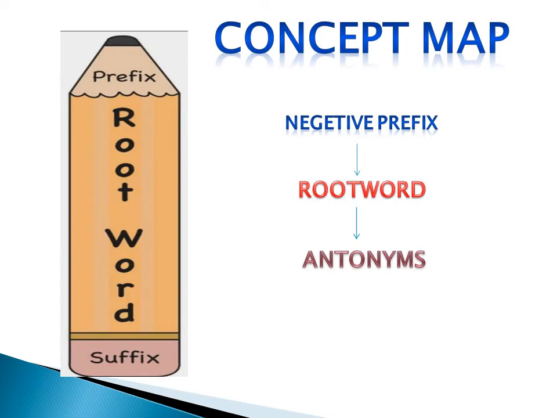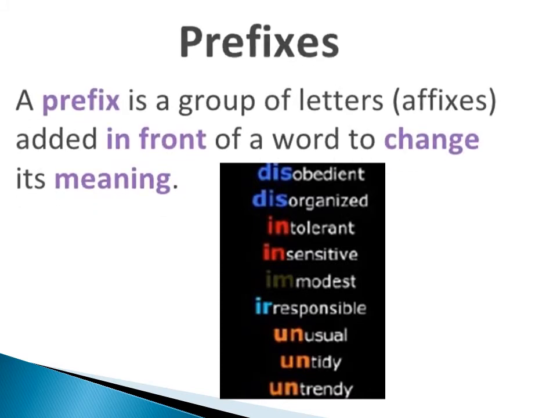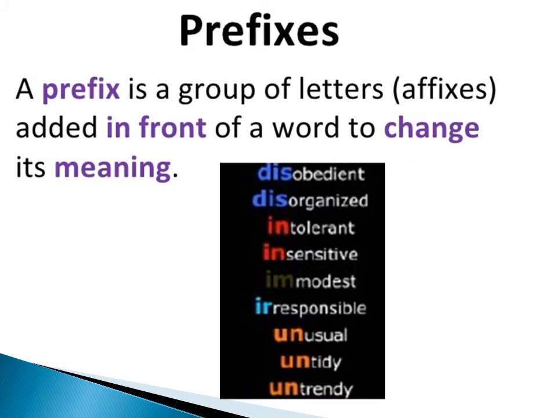Concept map. Negative prefixes. Root word. Then antonym. We add negative prefix to the root word to make the antonym. Like, there are so many prefixes in these words, different types of prefixes, but first of all we will learn about